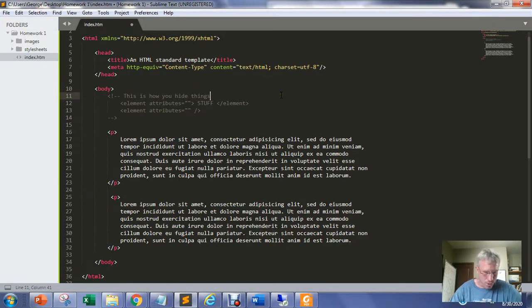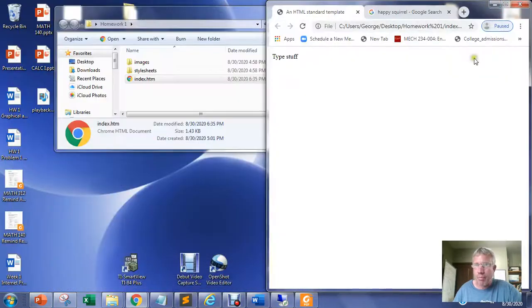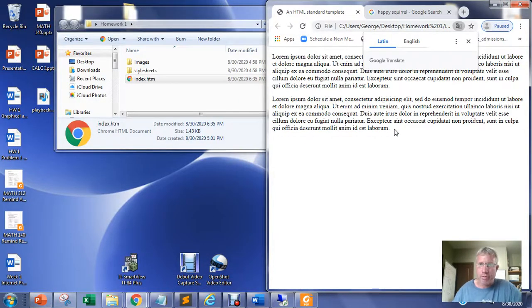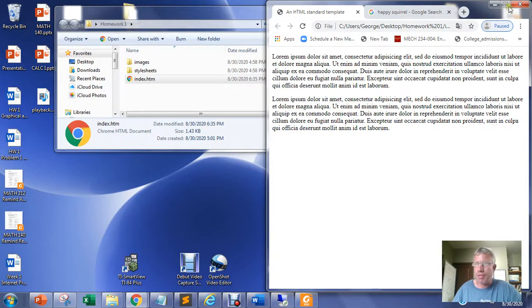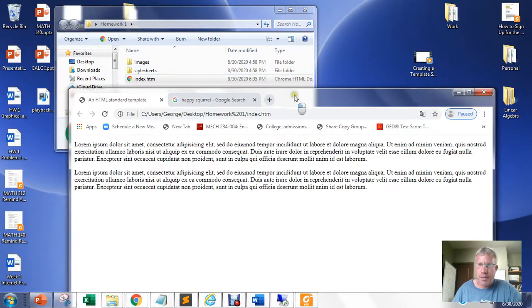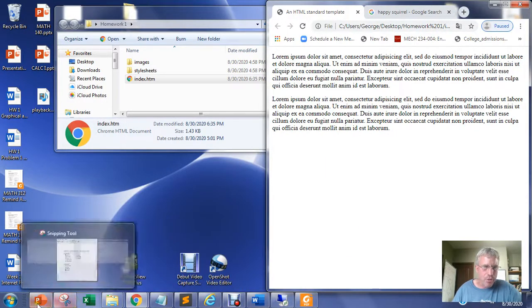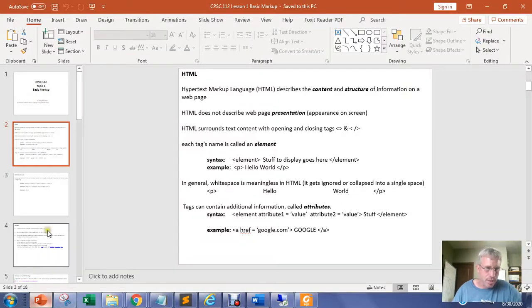And if I do Control Save and then open my browser here back up, Control Refresh, those 2 paragraphs of dummy text are going to show up. And you can see there's spacing before and after those paragraphs. And that's because the paragraph tag is what's called a block level element. And in